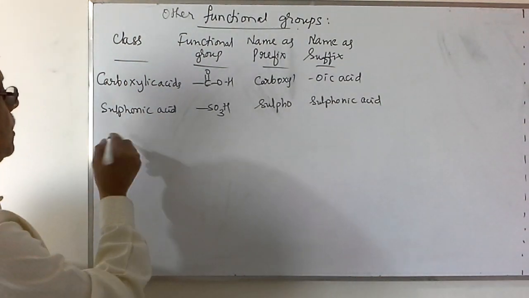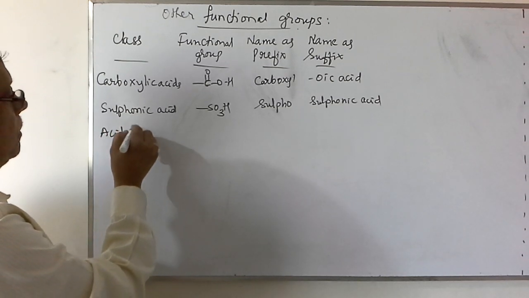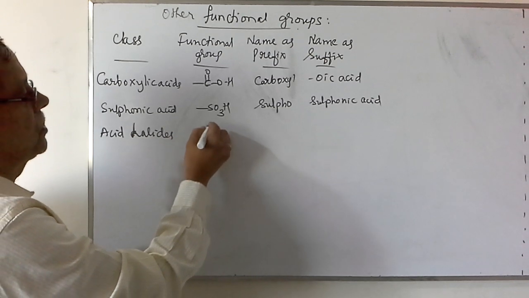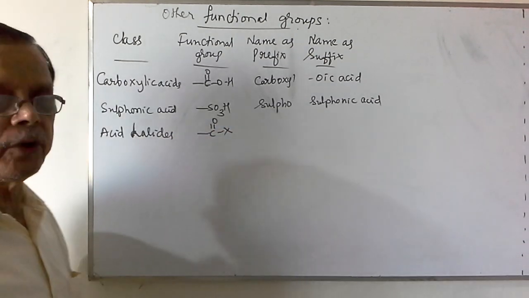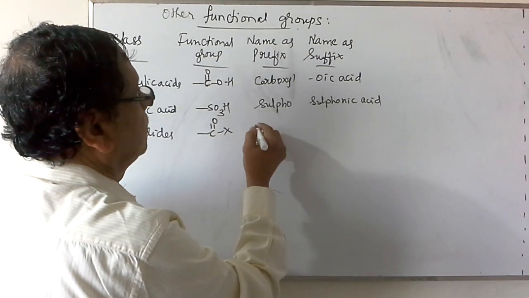The next one is acid halides. Acid halides, COX, where X may be any halogen like fluorine, chlorine, bromine or iodine. This is named as